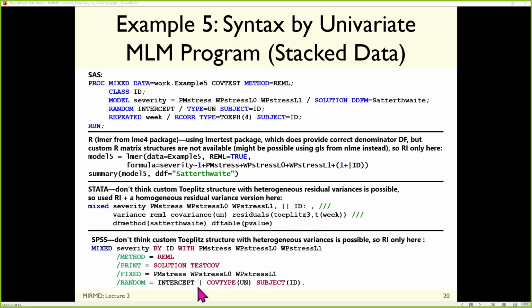And it is not built into SPSS to have a custom Toeplitz structure, although you can have a full order Toeplitz. And in theory, it's possible in R, but I ran out of time trying to figure it out. So I got to punt on this one. I'll figure that out next time. I know that in lmer, it's not possible. But lmer is necessary to get correct denominator degrees of freedom. In lme, it should be possible, but it's not one of the built-in structures. And so I'd have to write some sort of custom thing, and I'm not good enough to do that yet. But we'll work on that.